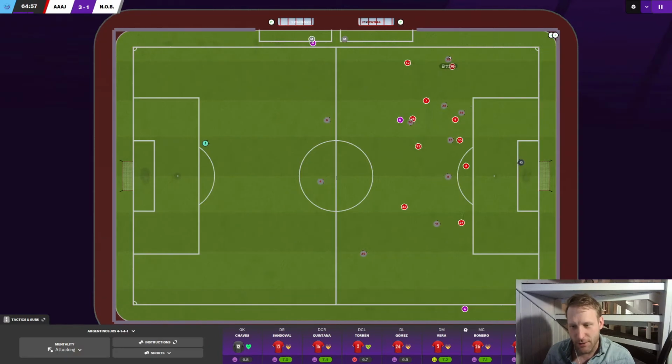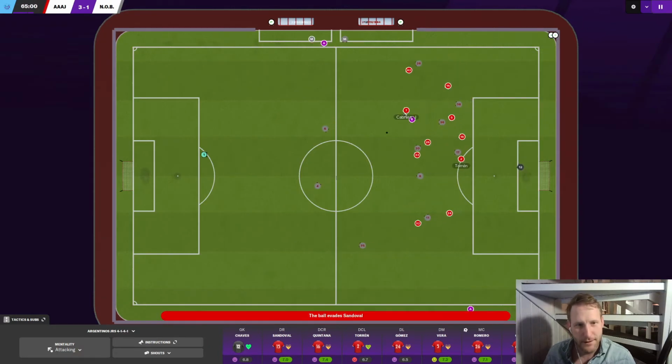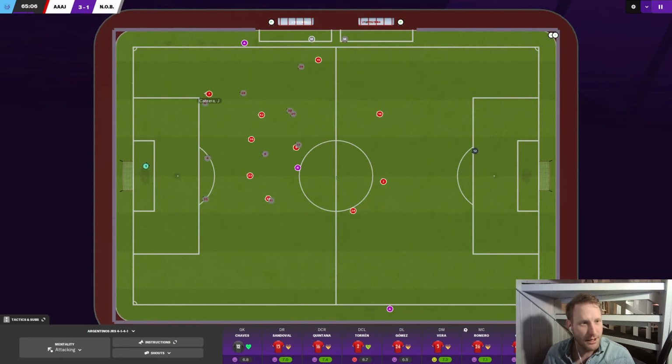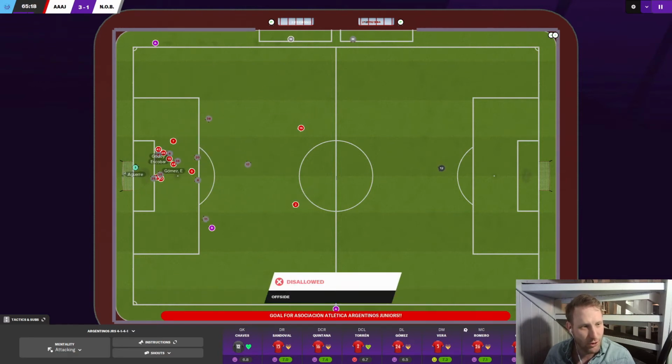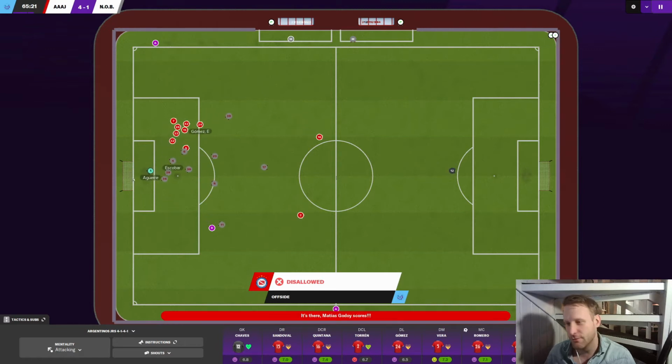Nice to beat the offside trap. Yeah, that's a good shout, Neil. That is something that we will look into. Cabrera. Now what? Is that a free kick? No, we still have it. Godoy. Cabrera. Gomez. Godoy. Offside. Oh.